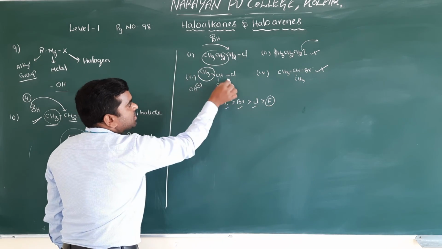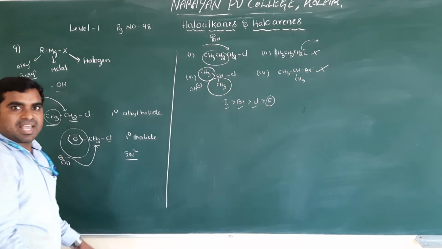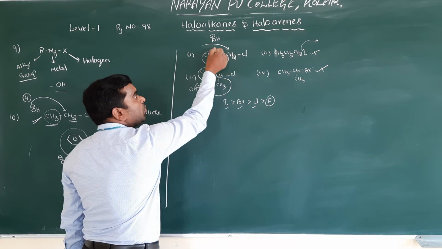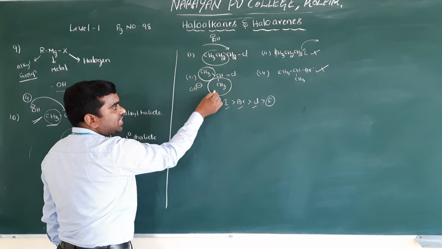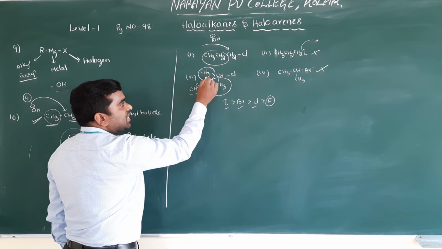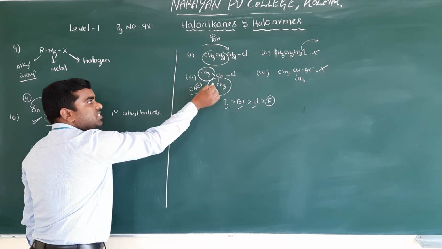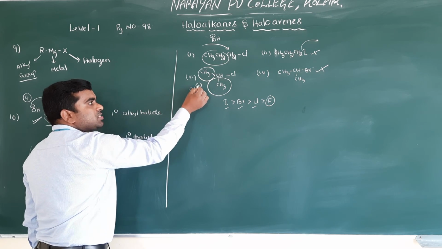Ethyl. But here which groups are present? Methyl. Methyl groups are there. You know these methyl groups are more bulkier than the ethyl group. Only one ethyl group is there. But here how many ethyl groups are there? Two. So these ethyl groups, due to its bulkiness, and these two CH3 groups will not allow the OH- ion